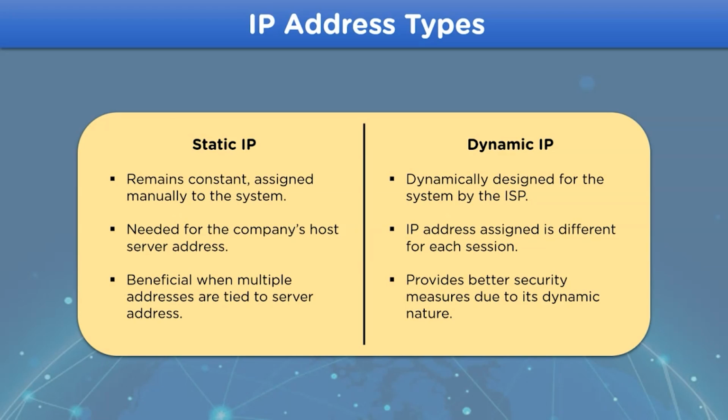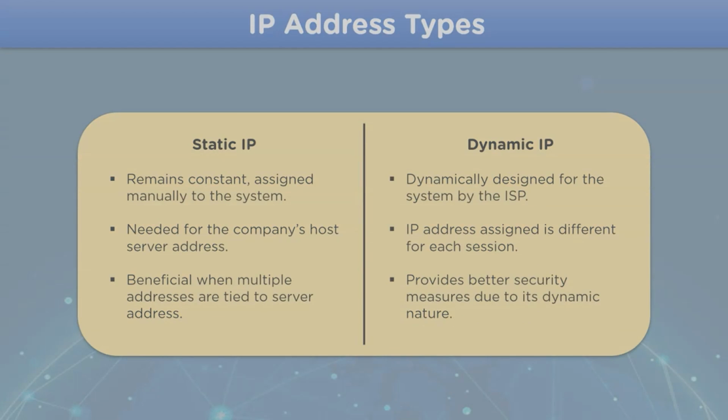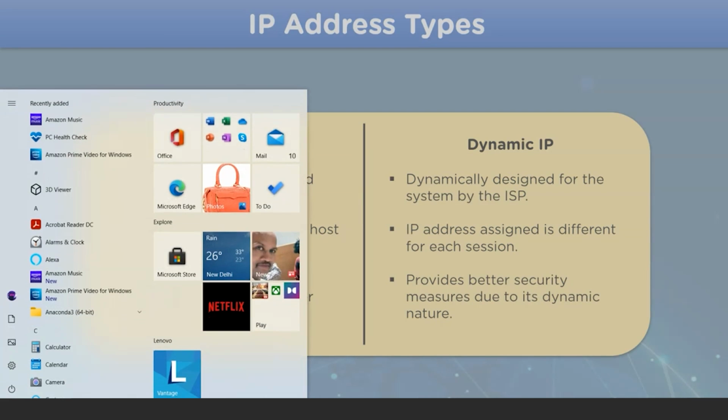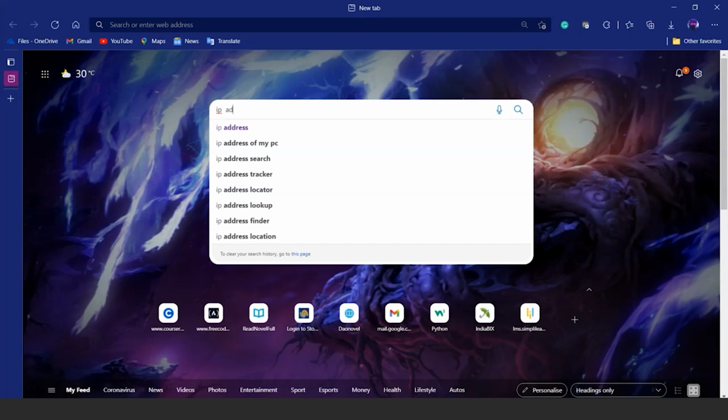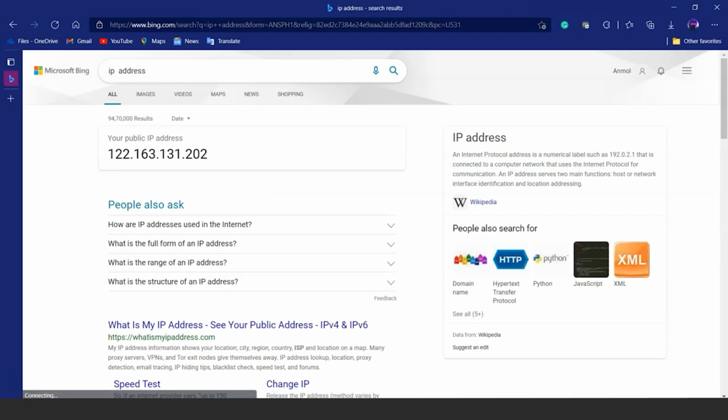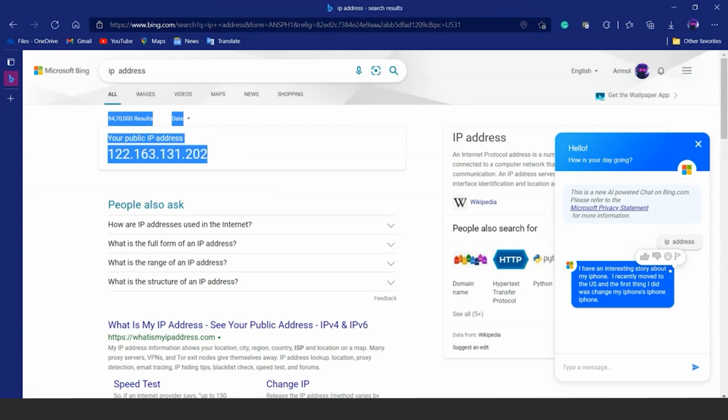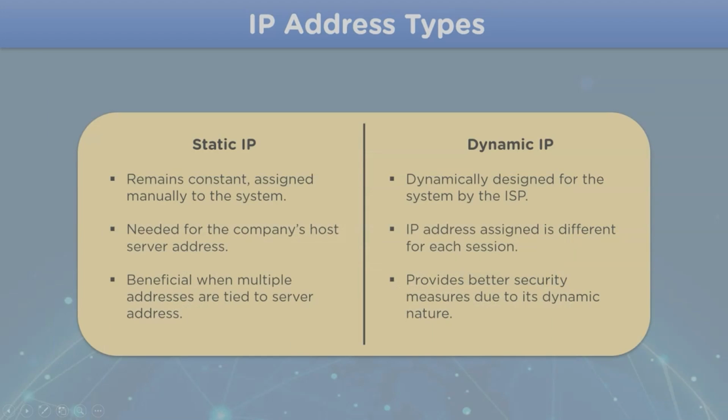Now if we want to take a look at the IP address for a system which is publicly available, we can do so by the following steps. Access your internet browser and type what is my IP address. And over here we can take a look at the public IP address for the system. And if we want to take a look at the system IP address which is dedicated to the device, you can do the following steps. Access the command prompt and write the command ipconfig, and you can take a look at the system IP address.